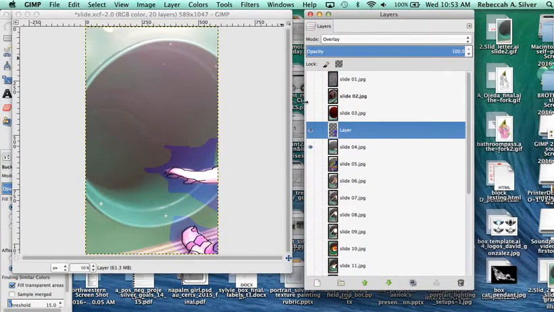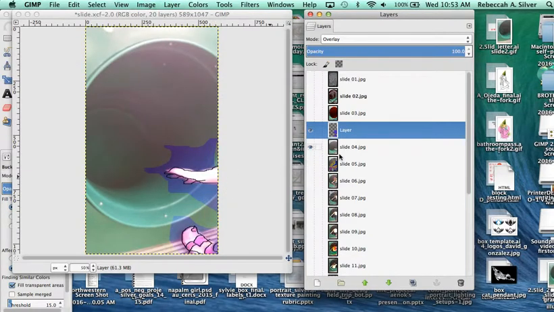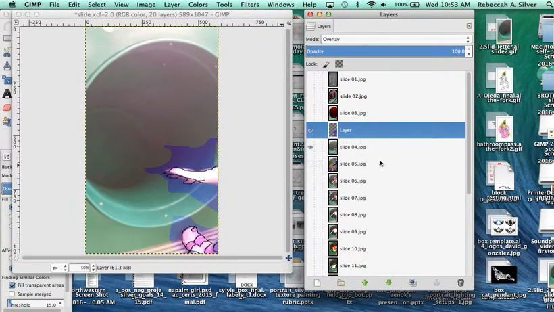Hi there. Today I'm going to make a GIF from a GIMP image, and I have a bunch of layers here, and currently I only have 2 layers visible. So I have this layer of this lovely purple, and then this layer here, obviously the slide that I drew